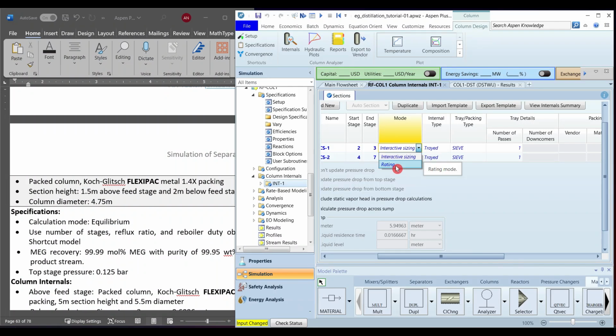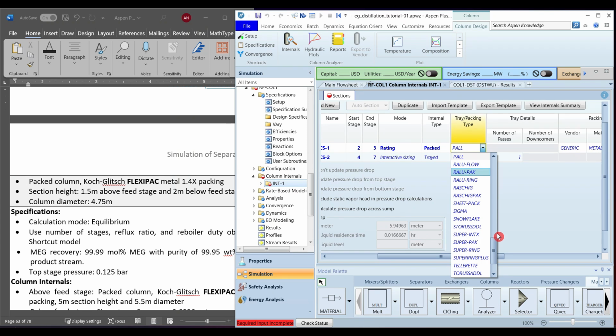In rating based, Aspen Plus takes whatever column internals are defined and determines the approach to flooding and other operational column feasibility reports based on the rating mode of calculations. So let's shift it to rating mode because we now have the column internal details. It's a packed column. For the packing, there are a lot of available options. For the given case, we know we have the FlexiPack